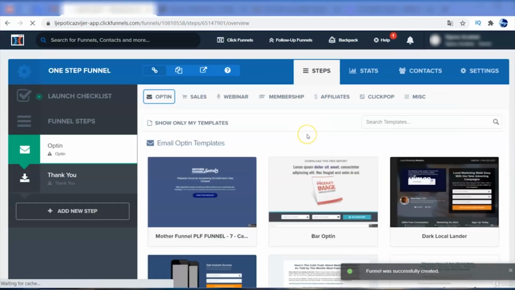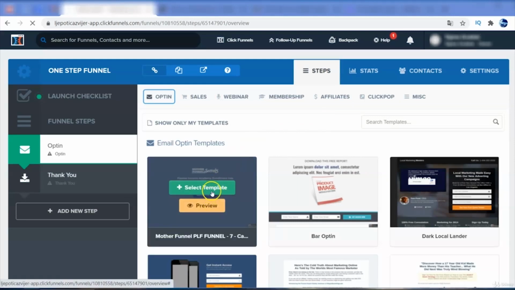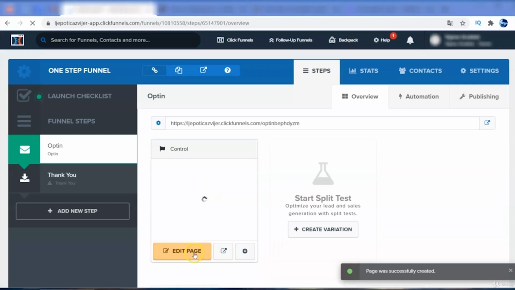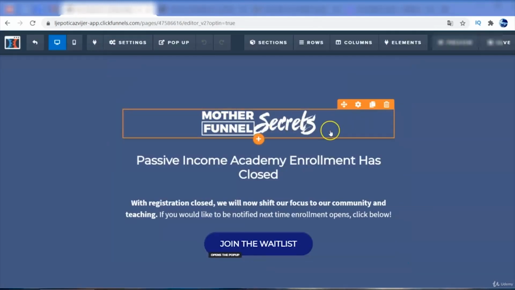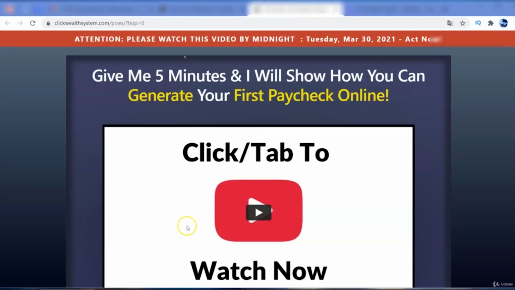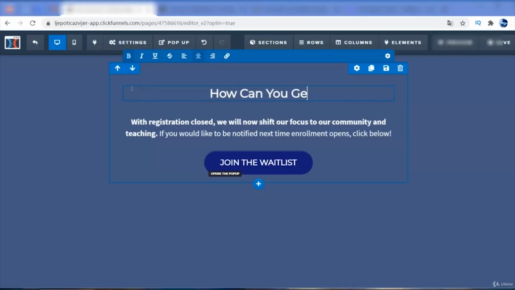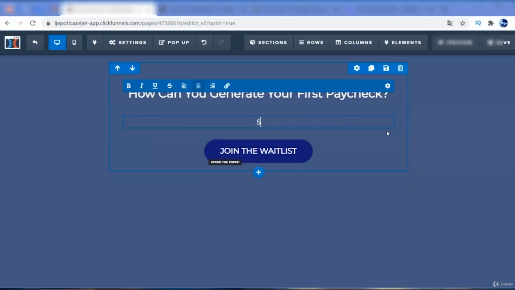And then again, choose a template that you really like. Since we're not giving anything in return, it can be a simple landing page. For example, this one, I would select the template and I would edit this page. So I would delete this logo because I don't need it. But let's say that since we are immediately leading our customers to a page with the video, how can you generate your first paycheck? And instead of this, I would say sign up below to watch the video and find